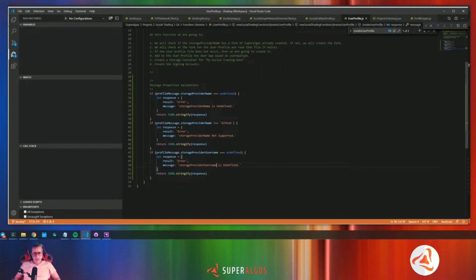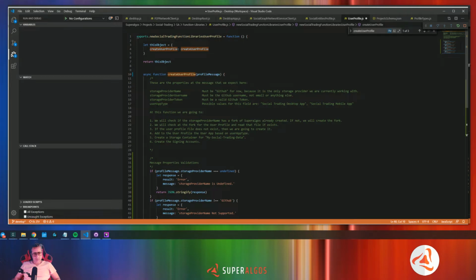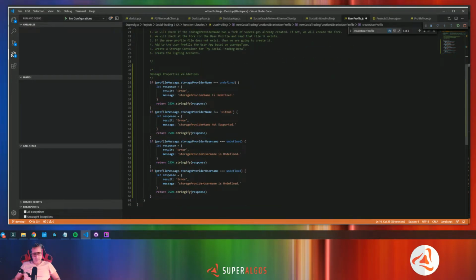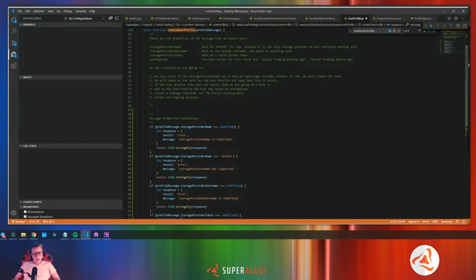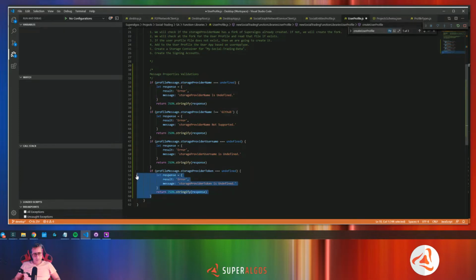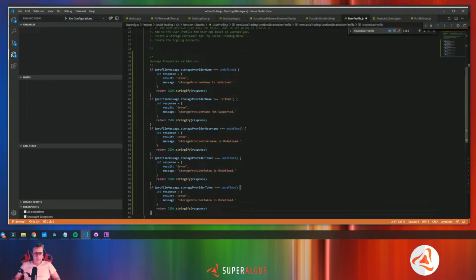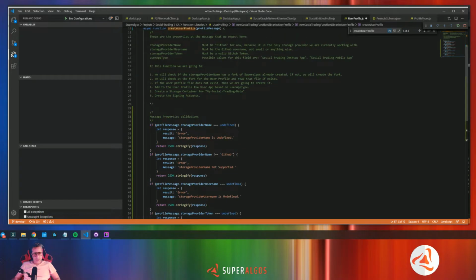Storage provider token cannot be undefined. Then user app type cannot be undefined,